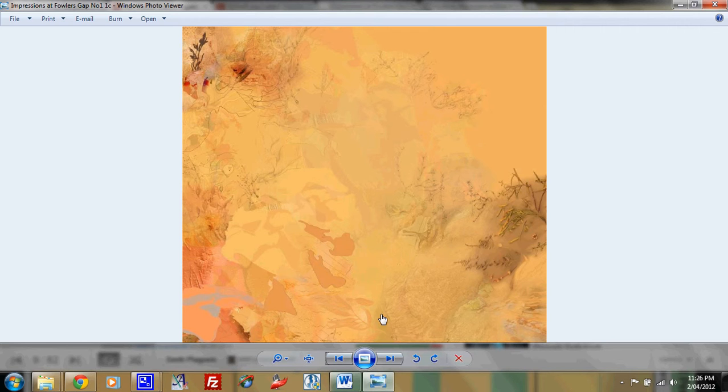Ben Beaton here. We're looking at one of my works from the Fowlers Gap residency called Impressions at Fowlers Gap No. 1. Fowlers Gap is in the arid zone in New South Wales. It's a really